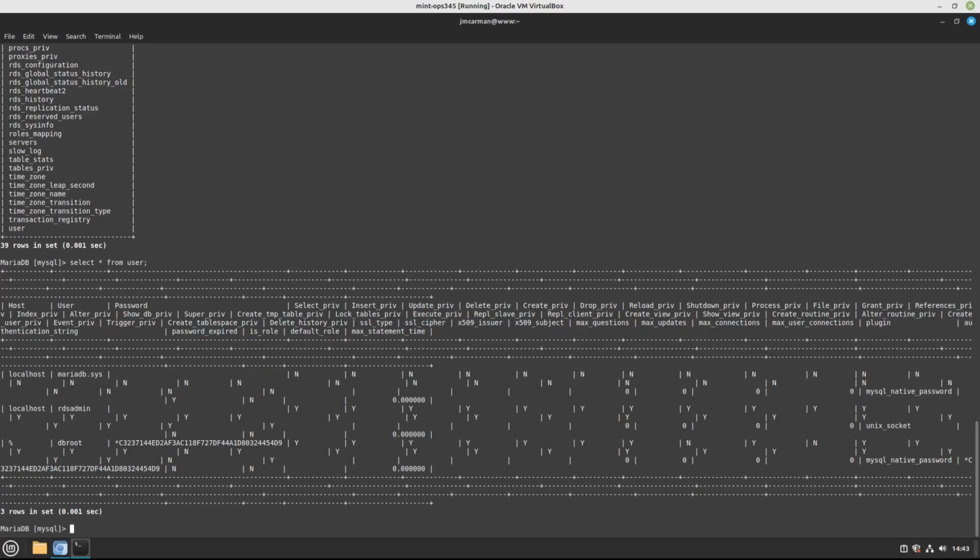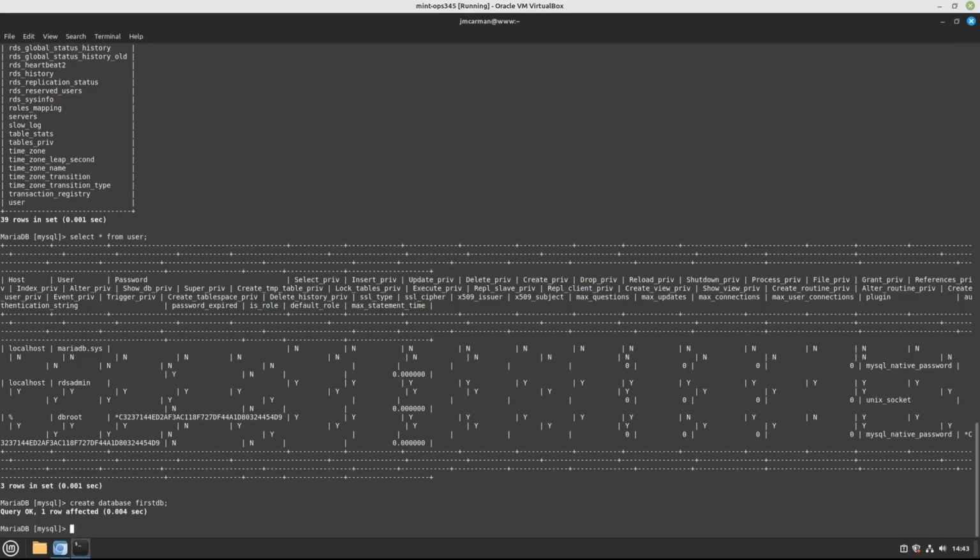And there we go. We see we've got a few users, right? We're going to create a new user. So whoops, back over here. Create database. The things in caps technically don't have to be in caps. It's just the way SQL syntax tends to be written. There we go. Now we're going to grant all privileges, that's permissions, on firstdb.*